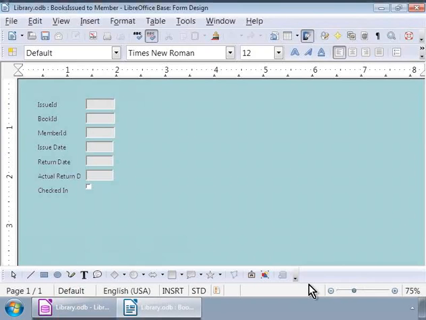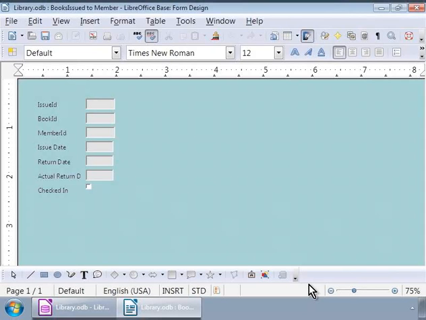Here, we are going to make some modifications before we use the form for data entry. Let us first ungroup all the elements we see on the form. We are doing this so that we can edit the properties of individual elements on the form easily.